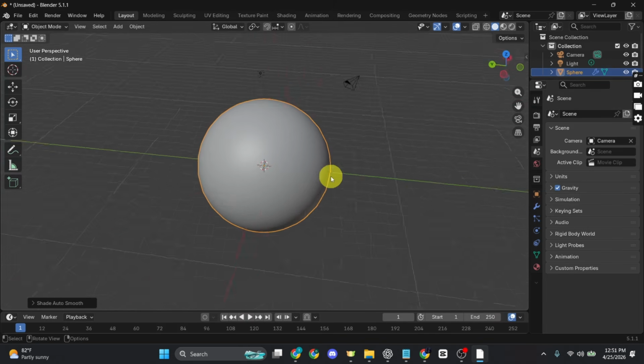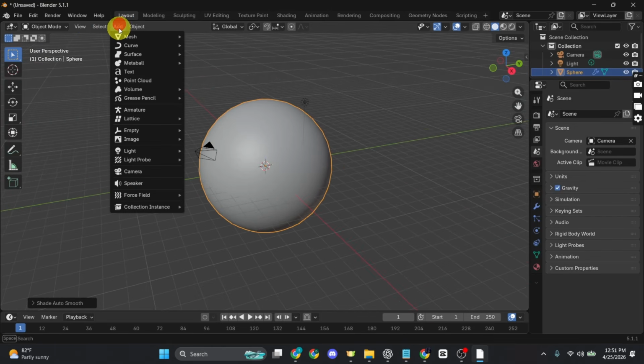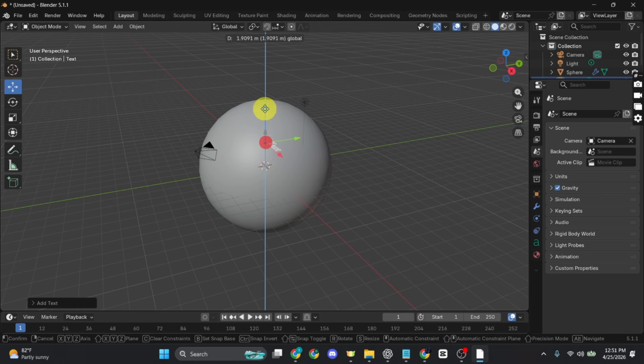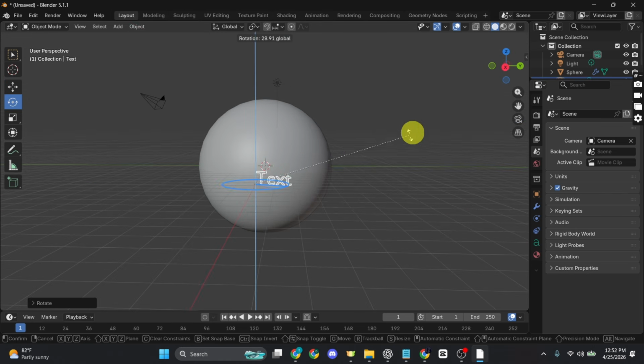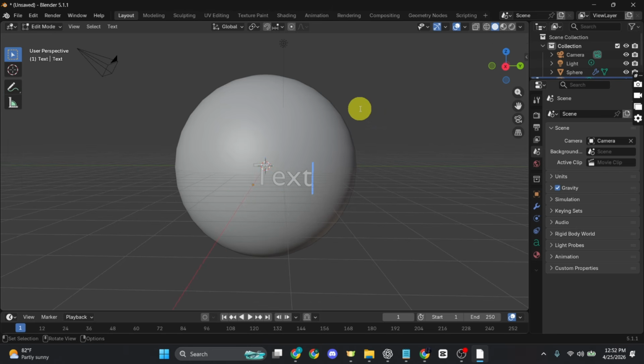And once we have done that, we can just go ahead and add our text. So just go to the add at the top and choose text. And now place the text where you want the embossing to appear. So just use the move and rotate tools until it is in your desired position. And once you are happy with how it looks, just go ahead and press the tab key on the keyboard